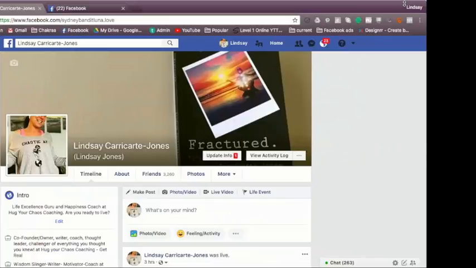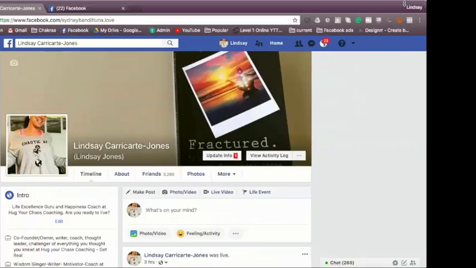We use them as a way to really connect with people in a little more intimate way than we can on the page. And so we keep our profiles public. But again, that's 100% up to you. If you want to keep a very clear divide between your personal profile and your business page and your group, that's okay. You have every right to do that. And there really is no wrong or right way to approach this. It really just depends on you and how comfortable you are and what you're trying to do.